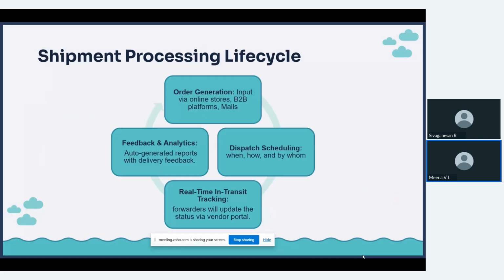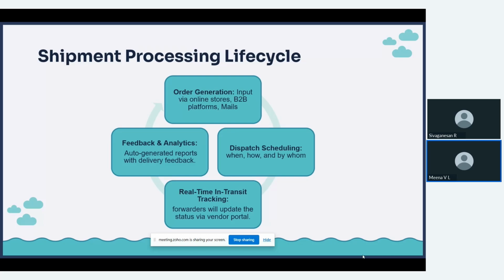So what is the process that is followed in the shipment process? So it starts with an order, right? So you get an order. It can be via your online store, or you have a contract where you get regular business from another business, so B2B, or you can get mails like I need this product, that product, or some inquiry where you want the products. So basically you start with an order, right? So you get an order.